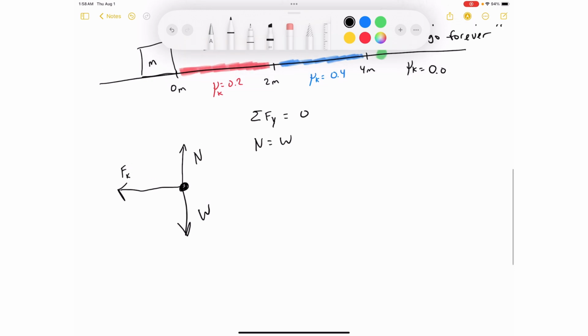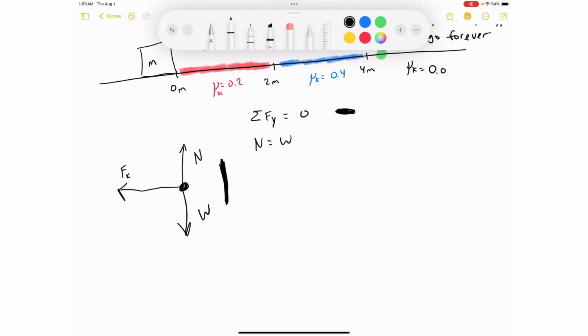What about the x direction? So there is some net force. So this is Newton's second law, right? So this is between here and here. So the weight is pulling down. Therefore the table or the surface is pushing up. So this is Newton's third law, and then here where the sum of the forces are 0, that's Newton's first law, and then now we're going to do Newton's second law, which is the sum of the forces are